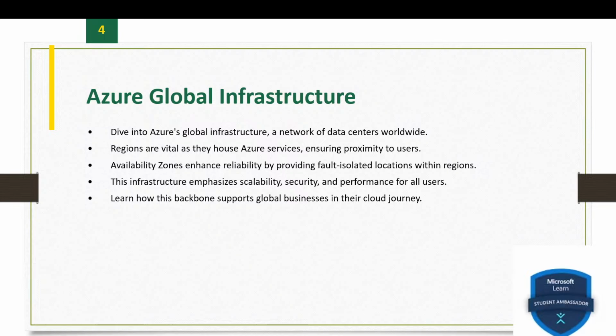And data redundancy. Azure services like virtual machines, Azure Kubernetes Service, and managed databases can be configured to use availability zones, ensuring that data remains available even if one zone experiences issues. And the third one is Azure Global Network.